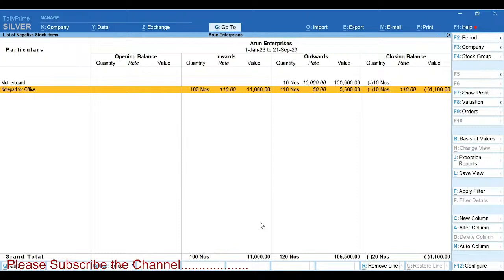So you can see here Notepad for Office. Inwards was only 100, but outwards is more than inwards. Though we do not have any restriction today to stop users from entering the quantity, because there might be scenarios where, while the goods are in transit from your supplier, you are making a sale of it. That is the reason we have not given any restriction today, wherein you have the flexibility to record the transaction even though there is a warning message of negative stock, right? However, such stock items will still be listed under this report